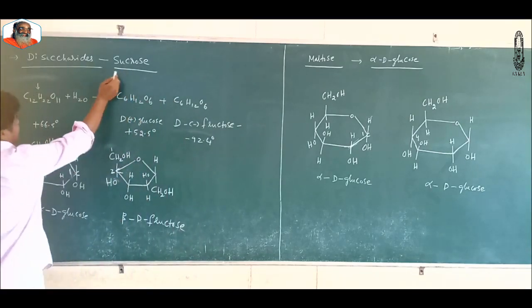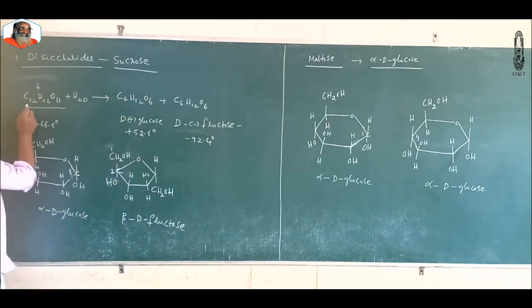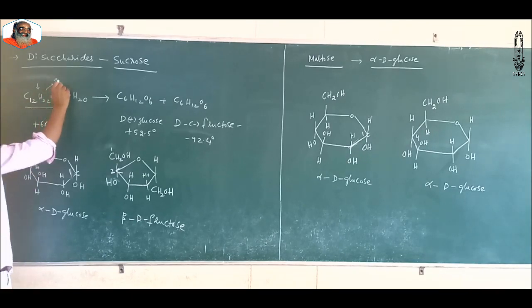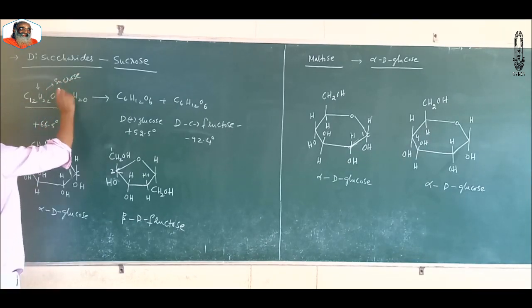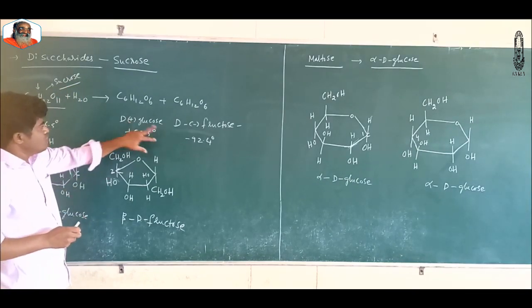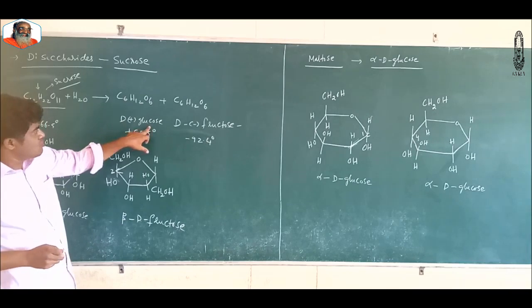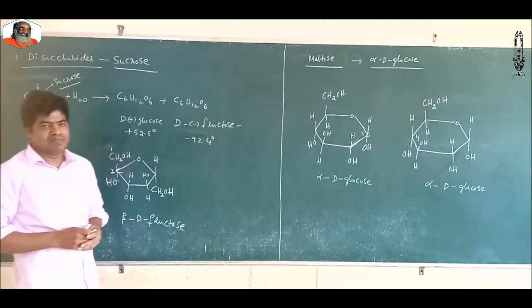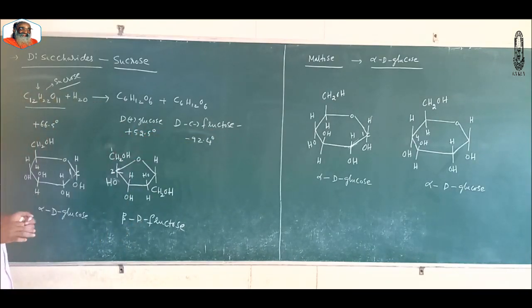Sucrose is a disaccharide whose molecular formula is C12H22O11. On hydrolysis it gives 2 units, that is D plus glucose and D minus fructose. Here,